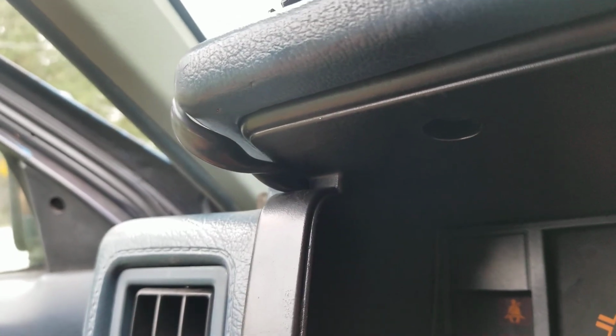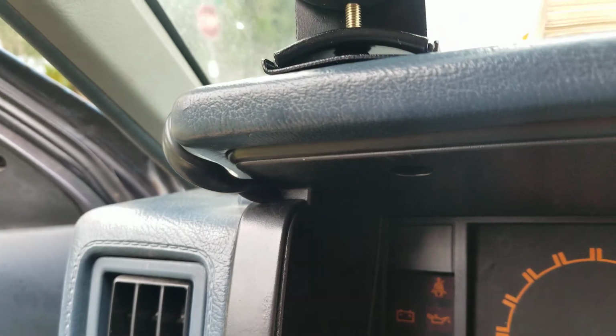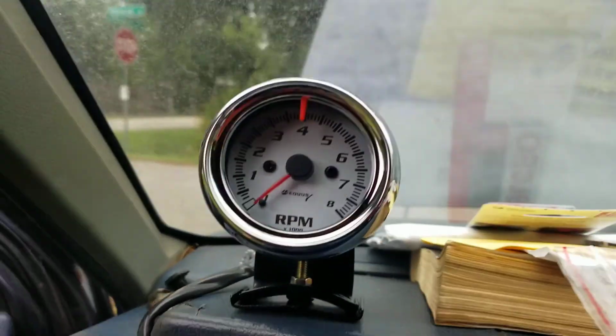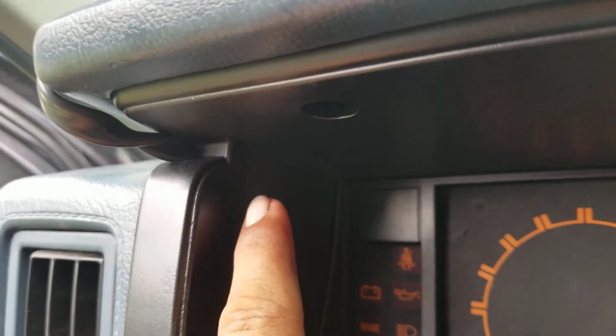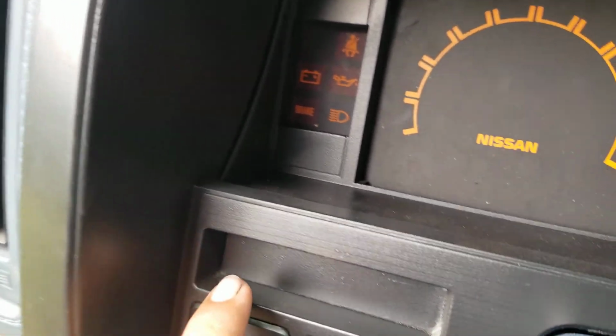this cover, I guess, for the dash, or for the gauge cluster. Drilled a hole and fed all the wiring through there. They're actually kind of hanging on the side right here, and they follow down the back